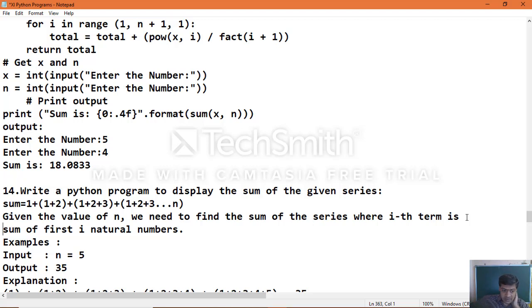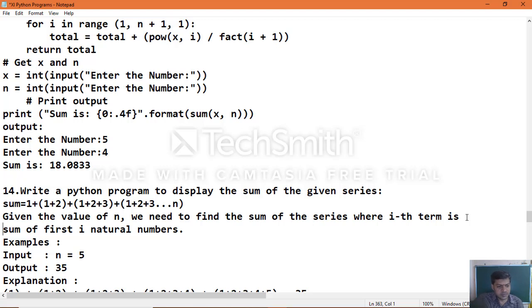So 3 plus 6, 9, then 1 plus 2 plus 3 plus 4, which means 10, 10 plus 9, 19, plus 1 plus 2 plus 3 plus 4 plus 5, so 15, 15 plus 19, how much?